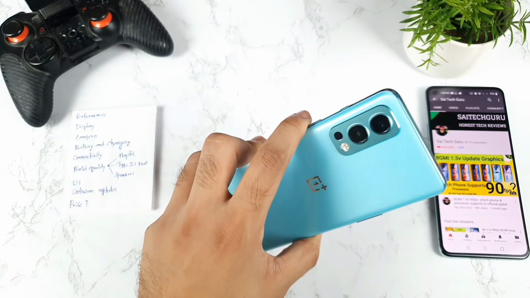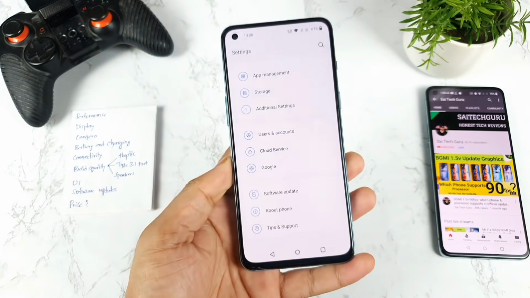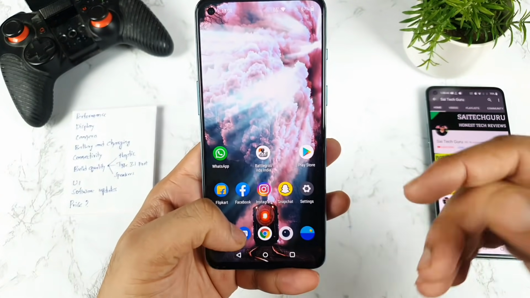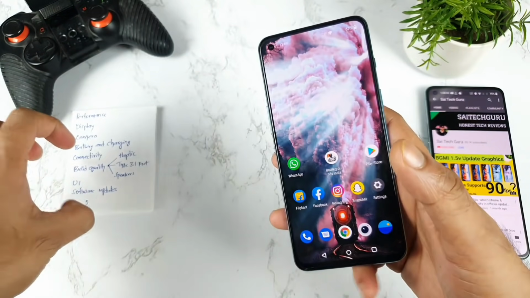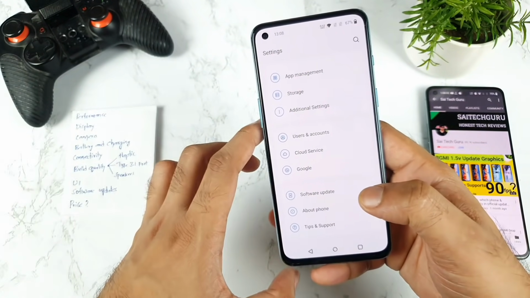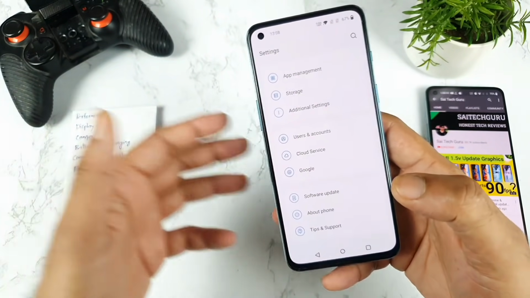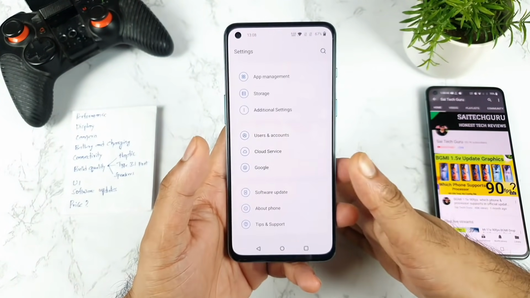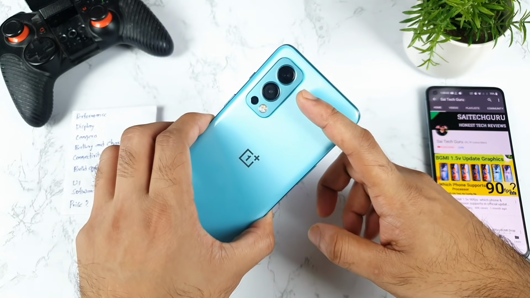Initial impressions were not that great, but later on, after using it and after a couple of updates, it was able to perform well. Even Netflix HDR is supported, Amazon HD is supported, and software updates are also guaranteed. 2 Android updates in this phone, so it should not be a problem. So that's it, friends, these are the things which you should know before actually buying the OnePlus Nord 2, and my complete review after more than 30 days of usage with the OnePlus Nord 2 device.